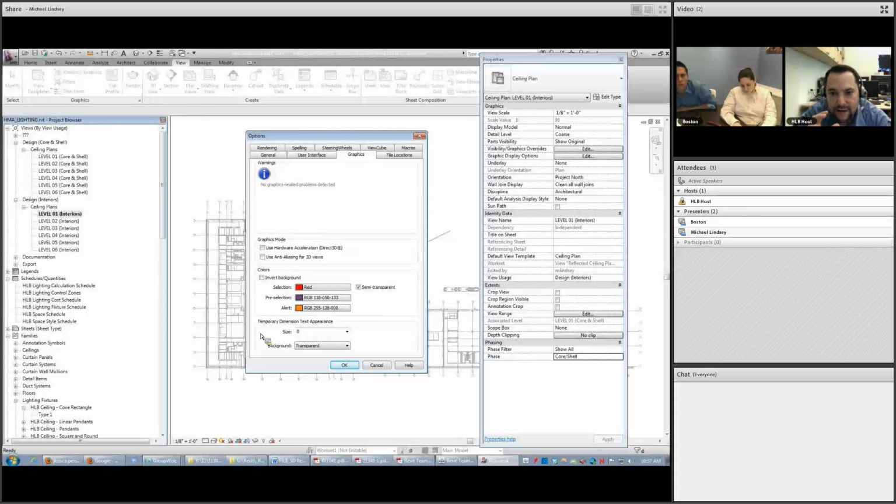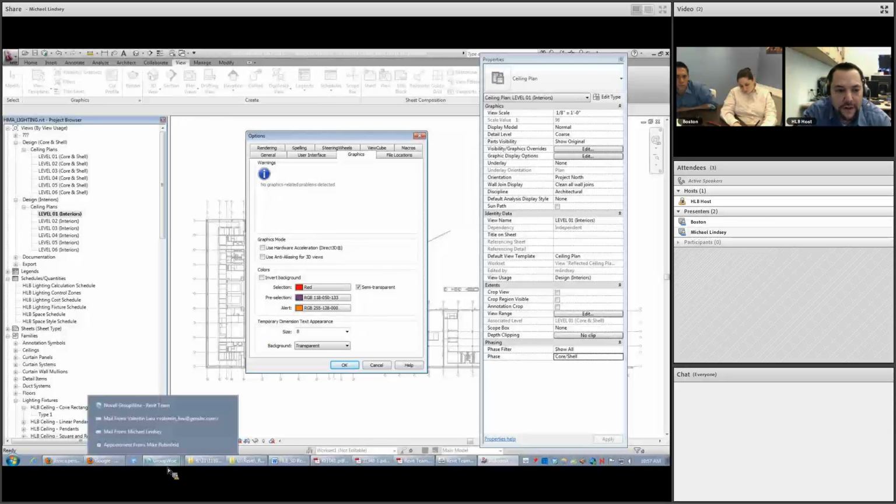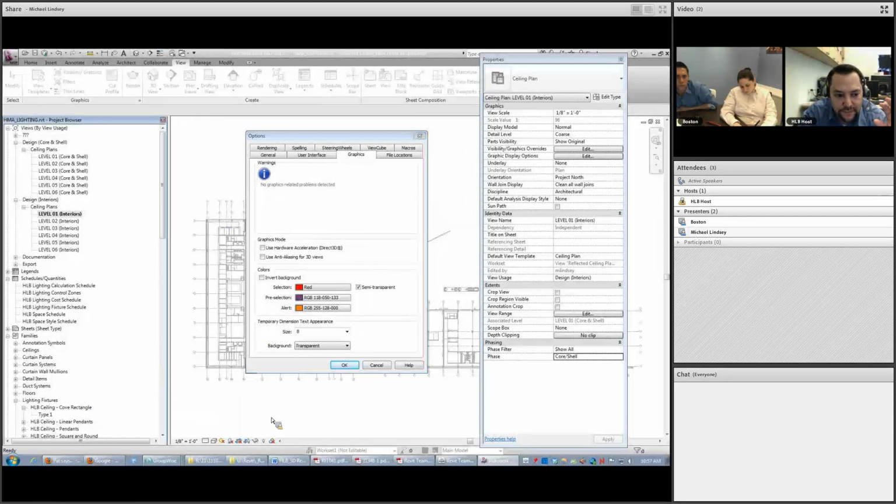Well, as it turns out, the CAD driver doesn't necessarily play very well with the Revit driver, go figure. So if you were to open your 3D CAD software, you'd be able to see that you're using the hardware acceleration in 3D CAD, but because that driver is specifically CAD specific, it doesn't necessarily apply to other applications that use 3D.